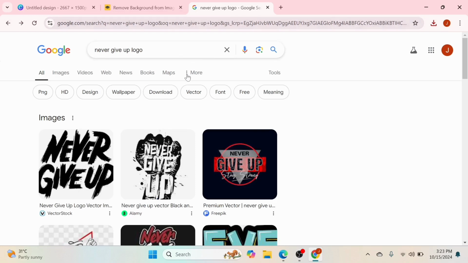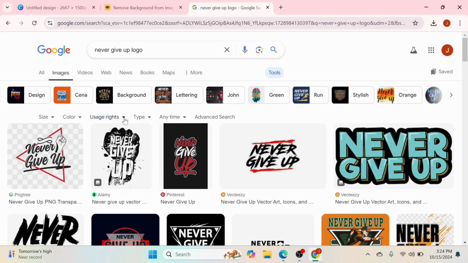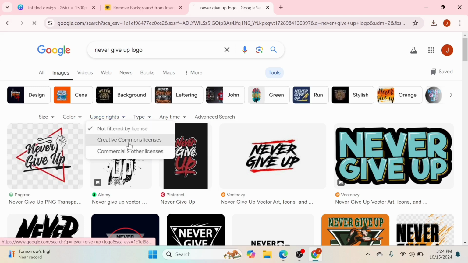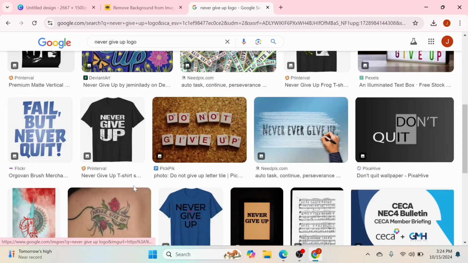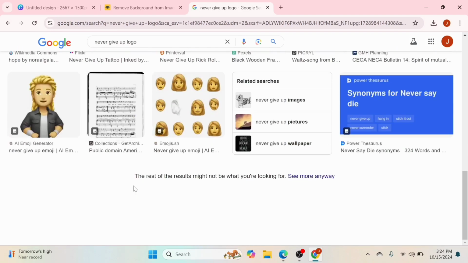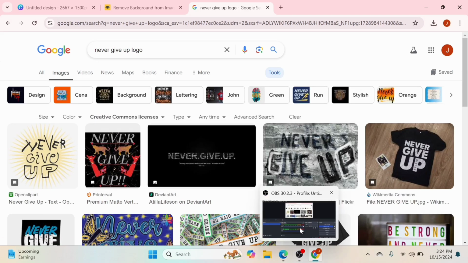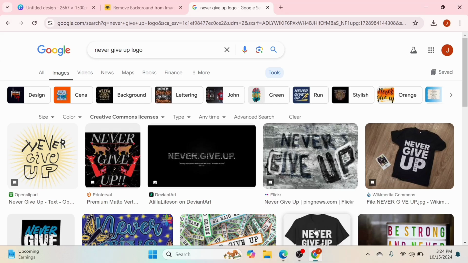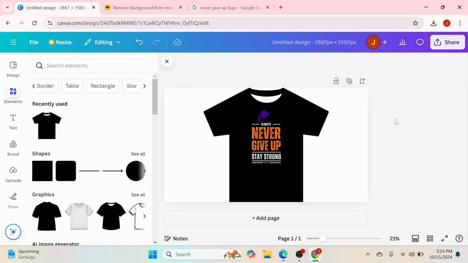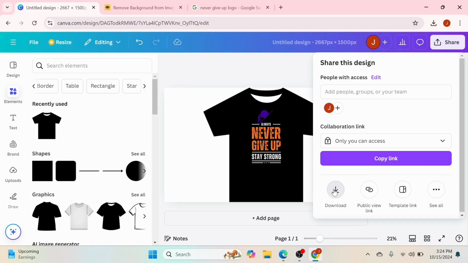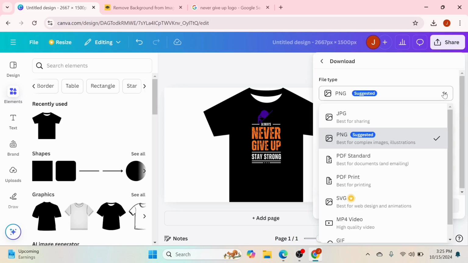Here are many logo images, copyright free. You just type your topic and search. Select Creative Commons license. Find out the logo you need in this way. Now save it. Select the JPG format